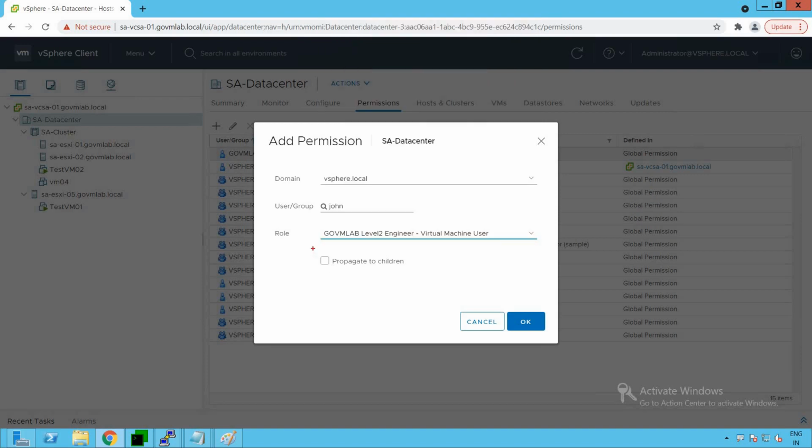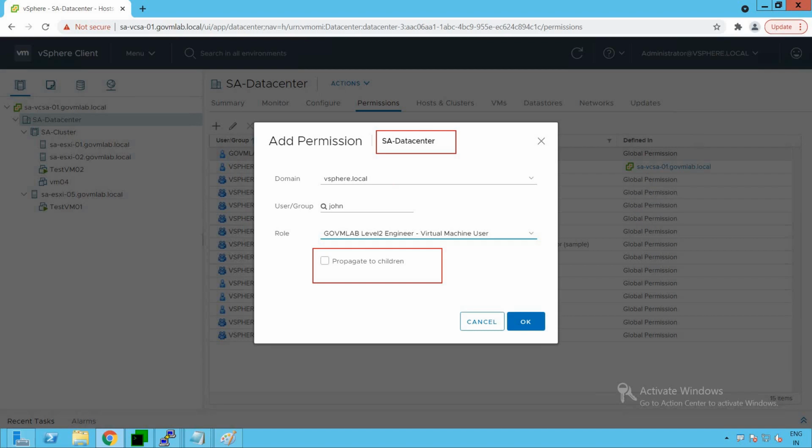And one of the very important things to notice here is propagate to children. Now what does that mean? It means that I am creating this permission at an object level, the SA data center, which is my data center object.